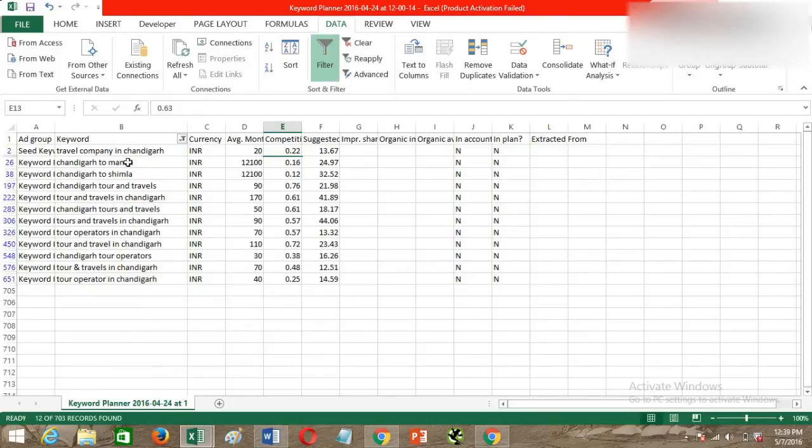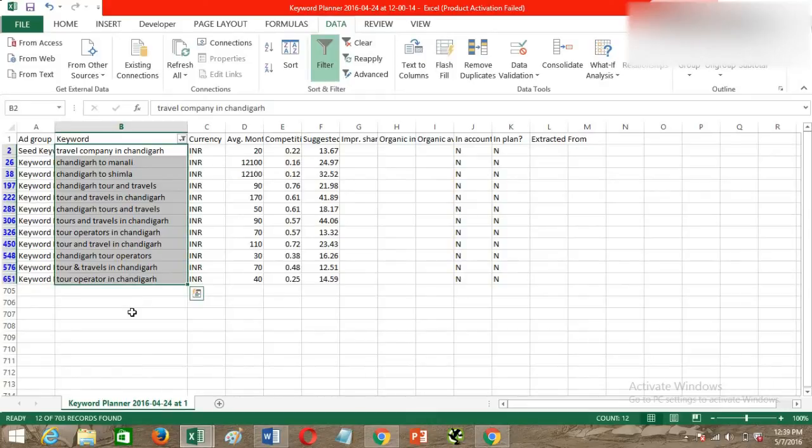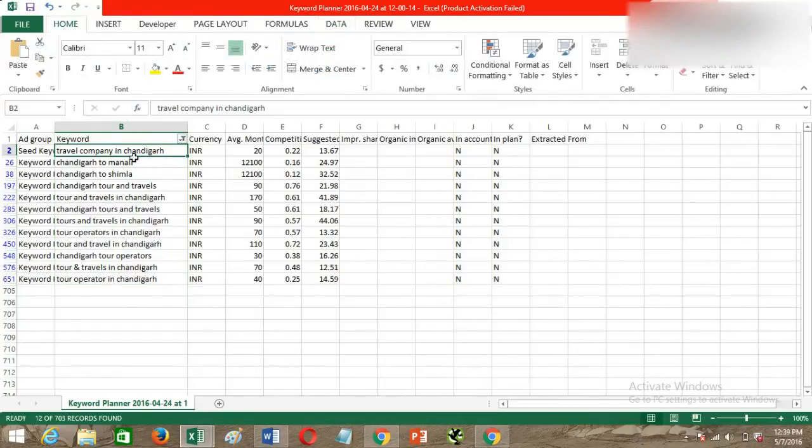So as you can see, there are certain keywords, but again I have to see which ones are the relevant keywords for the website that I am optimizing. So in this, I'll be using this one, which I have already taken, and then this is also a good keyword, and then this is also. I believe most of the keywords are relevant except these two, because this seems to be a keyword